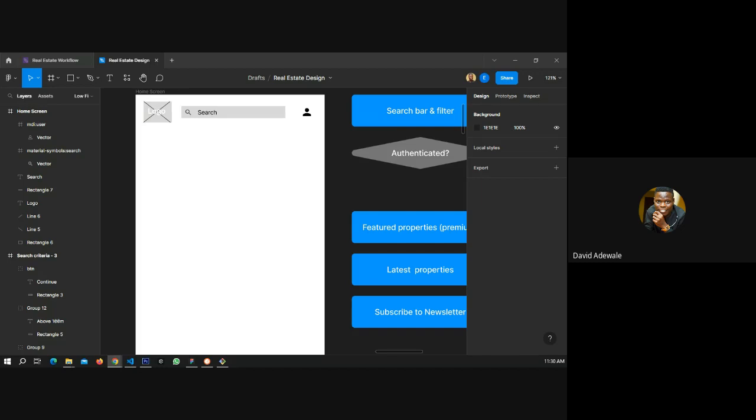Okay, I assume yes. So what are the filters that you think we can have? Remember, the first thing a user wants is either to buy or to rent, and also location. Sorry, hold on one minute.